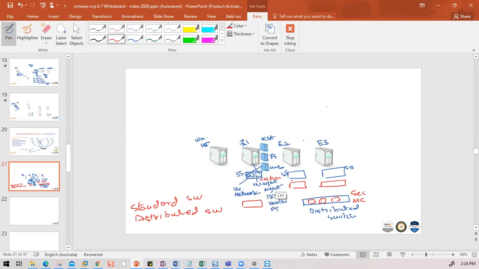And the management port is also known as the VM kernel port. So, VM kernel port. This is for networking. Now, in terms of storage, we all know that every ESXi host comes with a default